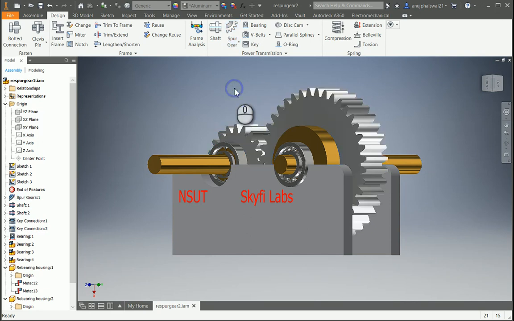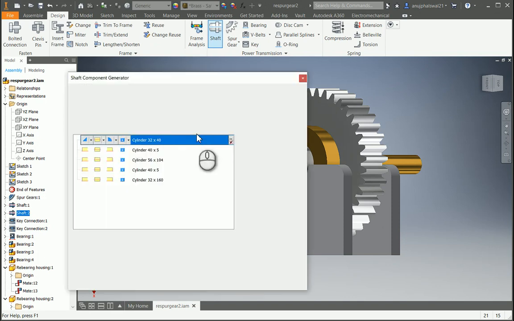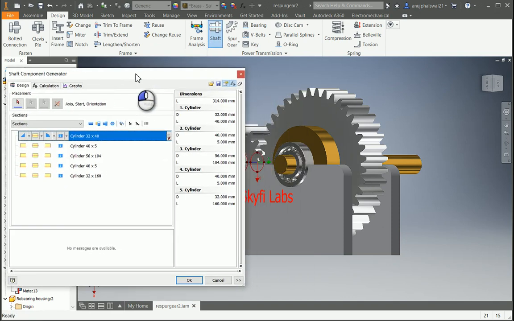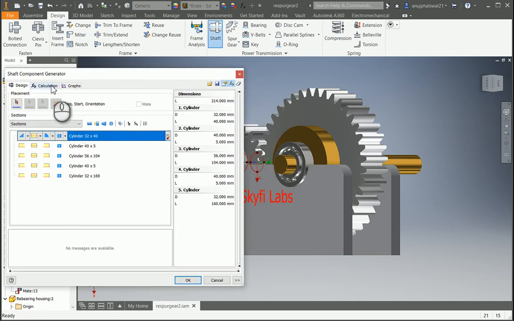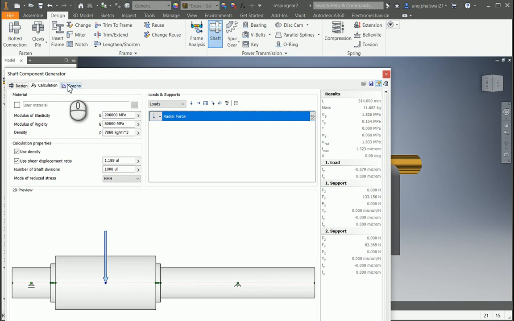Now comes gear shafts. Gear shafts are used as the drive shafts and to transmit power between the gear train and an external source. We will design shafts for each of the gears. The dimensions of the gear shaft used here are visible on the screen.